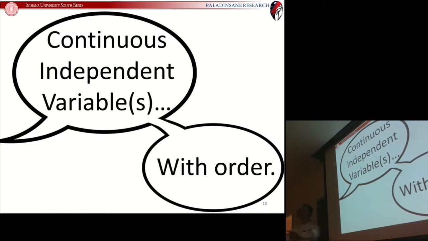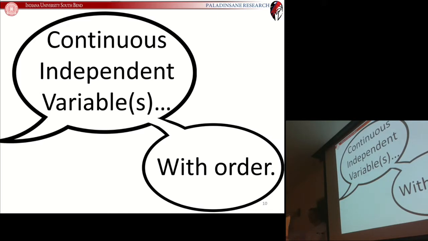So if you have a continuous independent variable, you are doing this with order. And one of the nice things about being able to order your variable levels, your variable scores, is that